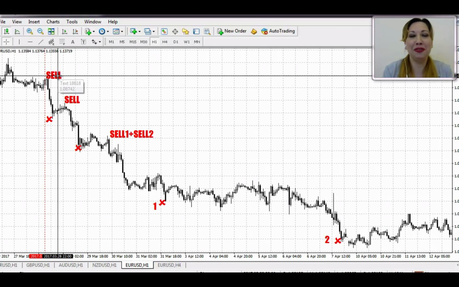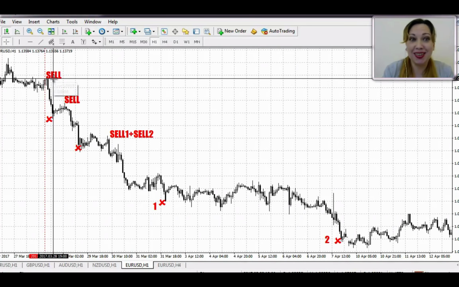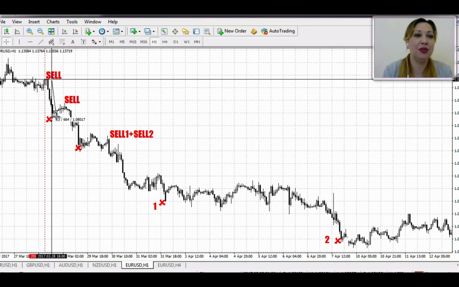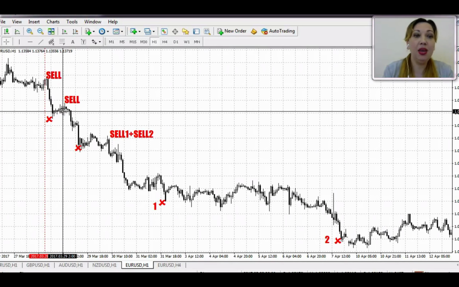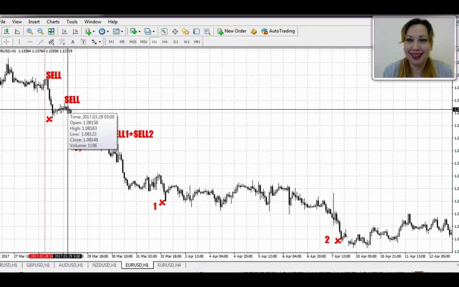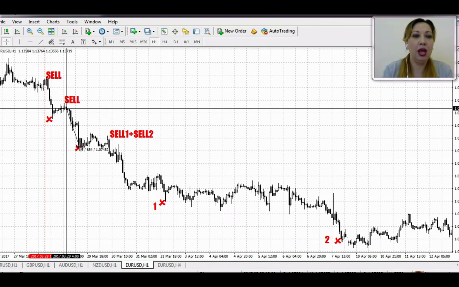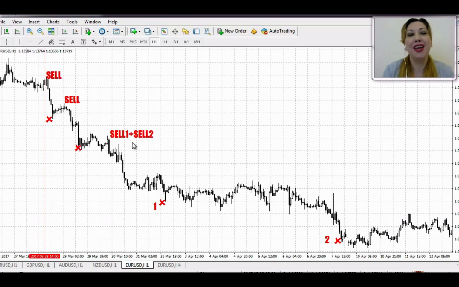So your deposit is not so big. You didn't increase it yet. You just have started. So the first order brought us almost 60 pips. We see the next sell. We see the next signal. We get the confirmation from it. We open the sell. And we got almost 70 pips. Very good. And only after increasing the deposit with these two successful profitable orders, we can open next two sells